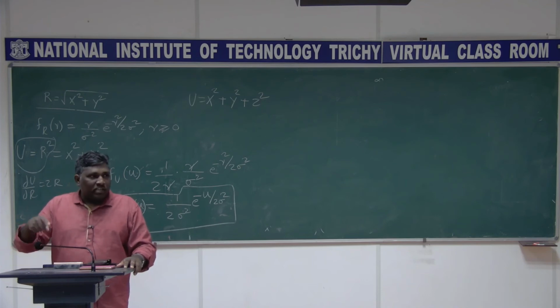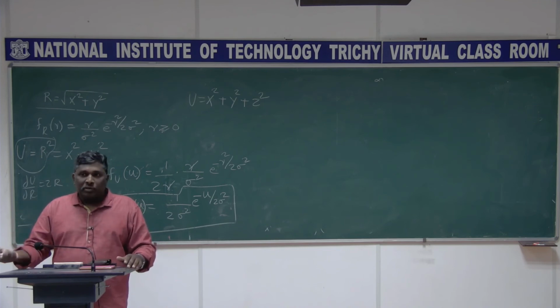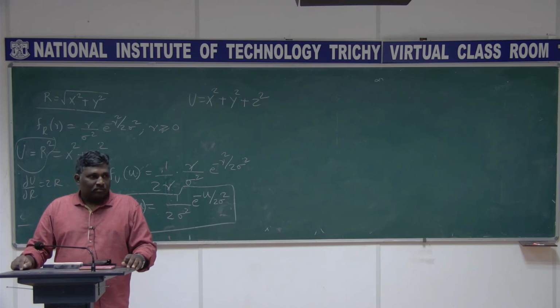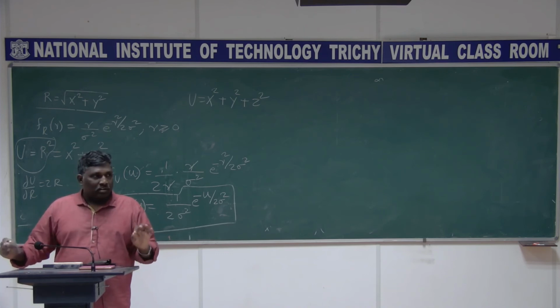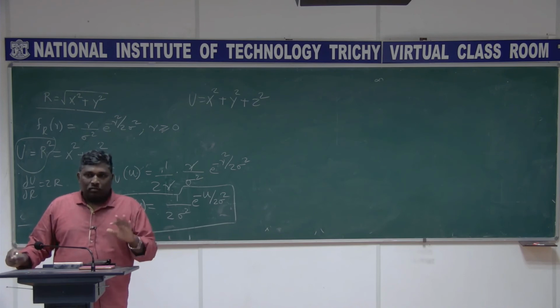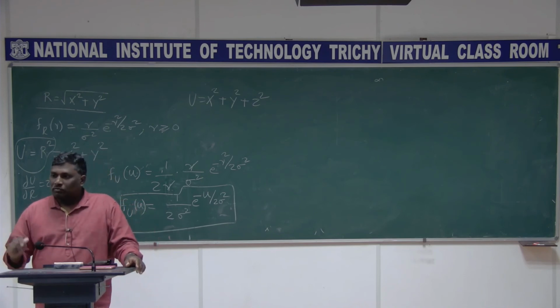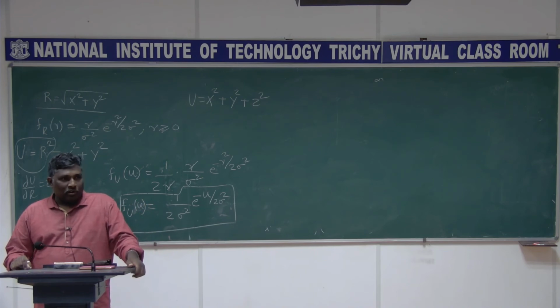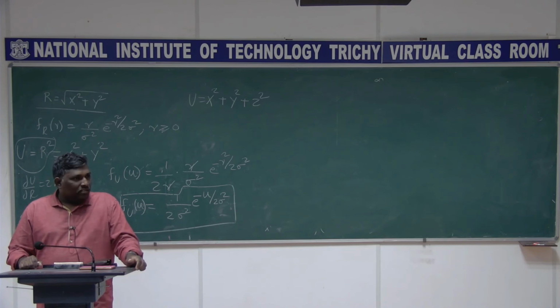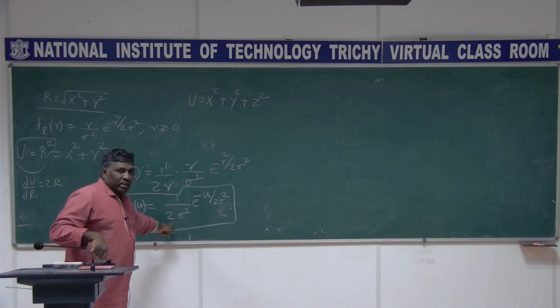As I told you, x and y, if they are Gaussian, x square plus y square happens to be exponentially distributed. So this comes under that family of chi-square with order 2. You can even have order 1: just u equal to x square. What is that u? Not now, you do it with order 1. So it is a family of this chi-square. So now coming back to this, everybody got the result?